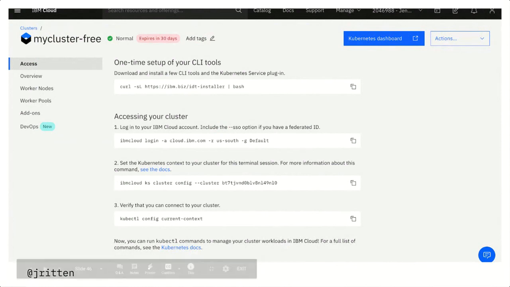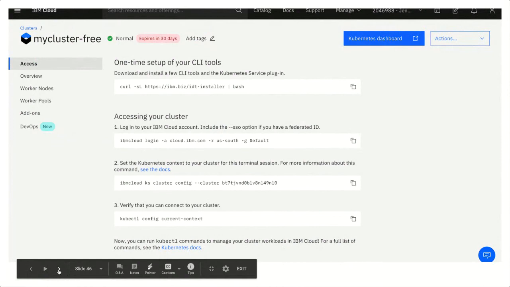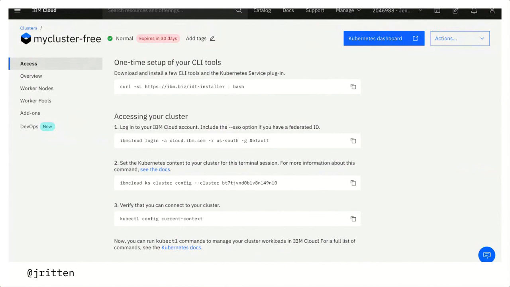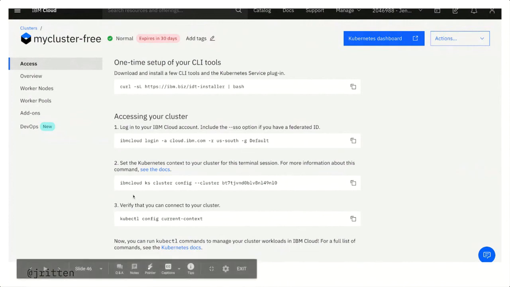You should only have one account, but you might have multiple for certain reasons, so you can select the account that you would like to use. The second command is going to set the Kubernetes context to your cluster for this terminal session. There's also some documentation provided.